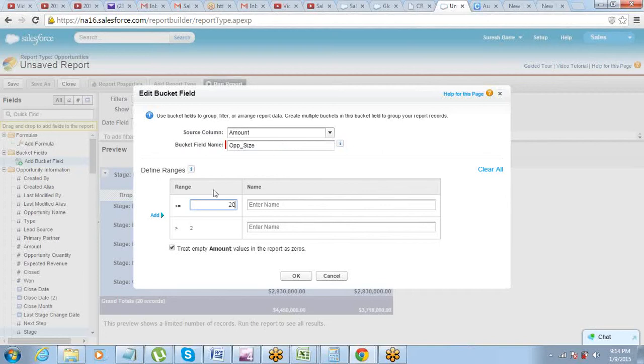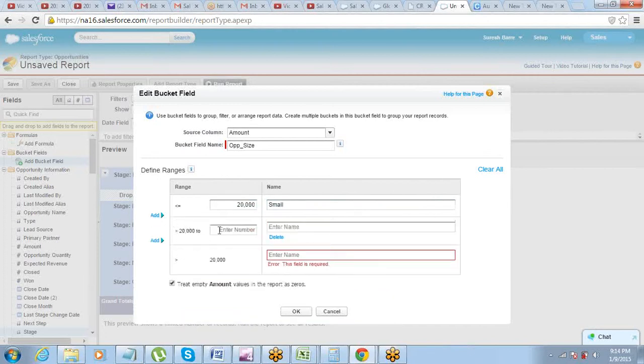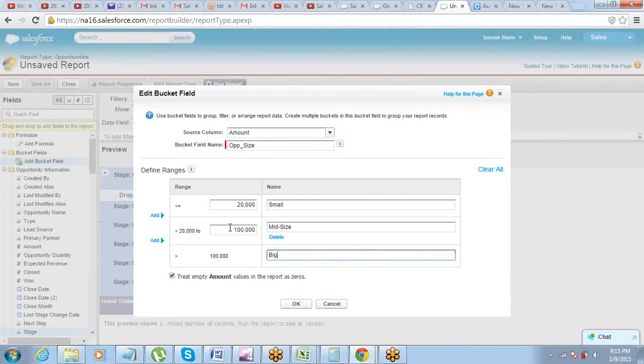So I said 0 to 20,000 small. 3 buckets I need, right? 1, 2, 3. 20,000 to 100,000 mid size. And 100,000 and above, greater than 100,000, big opportunities. So now what you have done, you have created a bucket field.